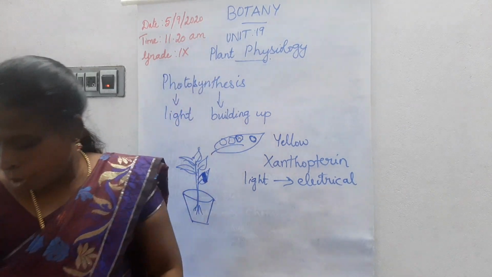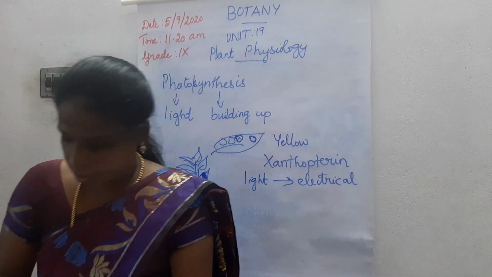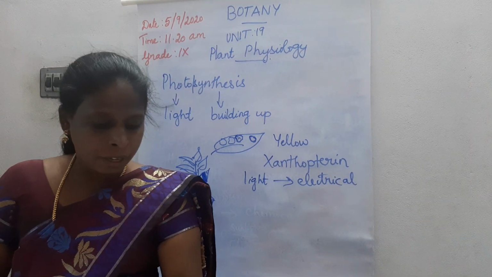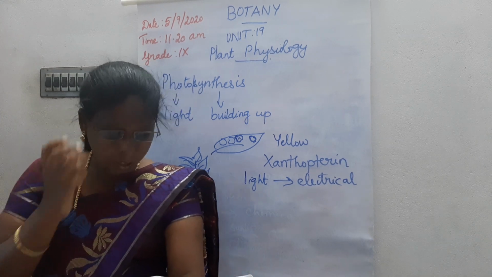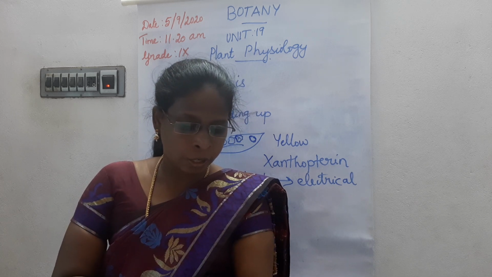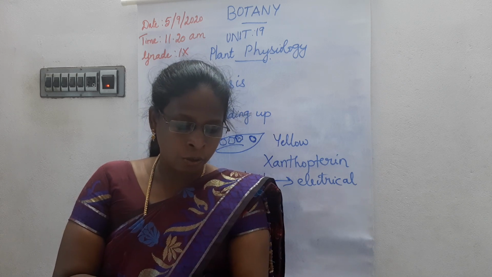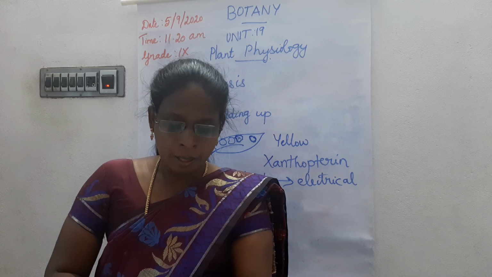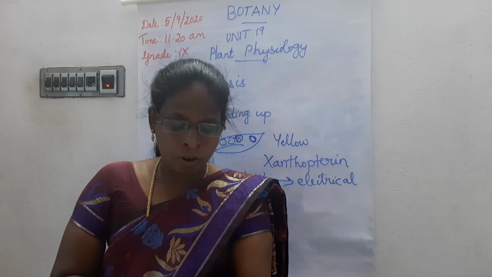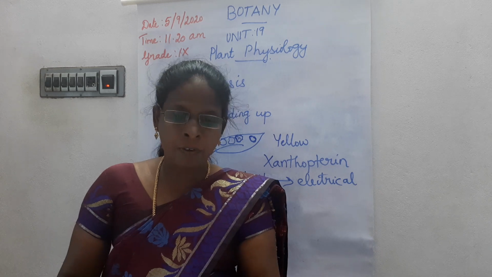Now you can mark the questions. Turn to page number 230. First one, choose the correct answer. Last class, you marked the first question. Second one, the chemical reaction that occurs during photosynthesis is option A, carbon dioxide is reduced and water is oxidized. Then seventh question, chlorophyll in a leaf is required for photosynthesis.